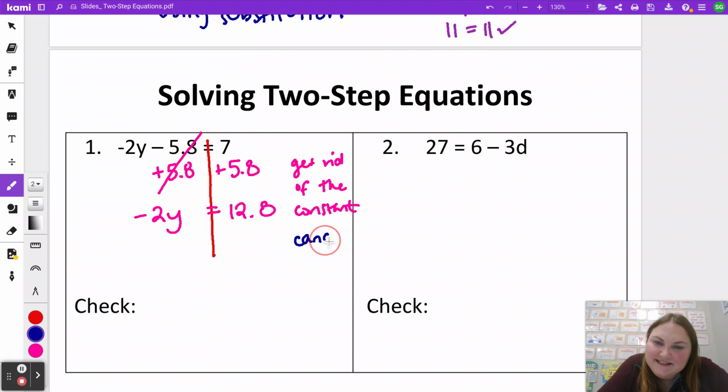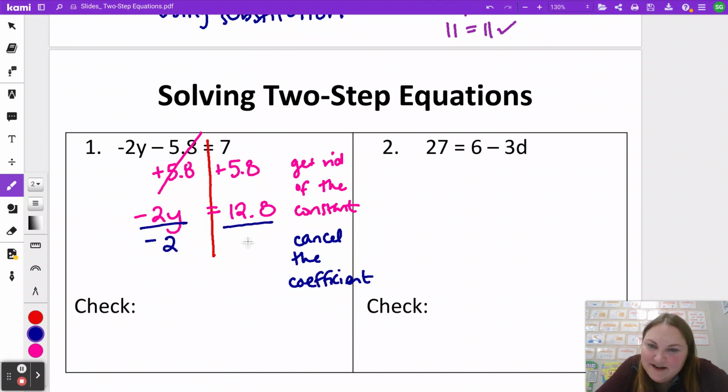My second step is I need to cancel the coefficient. And here that is the number in front of my variable, so that is the number negative 2. Negative 2y means multiplication, so the opposite is division. I am dividing by negative 2. You need to divide by the negative sign as well, because that will give us a positive 1y, or just